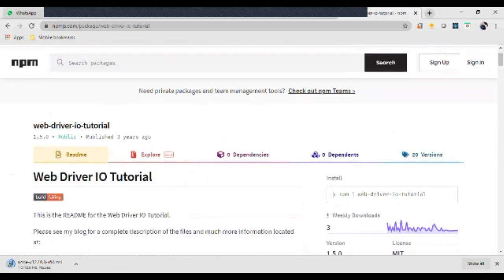If you type this command which is displayed here, you can install WebDriver IO. Let me show how to install it.